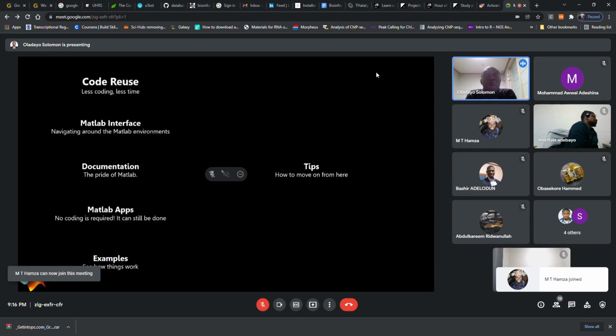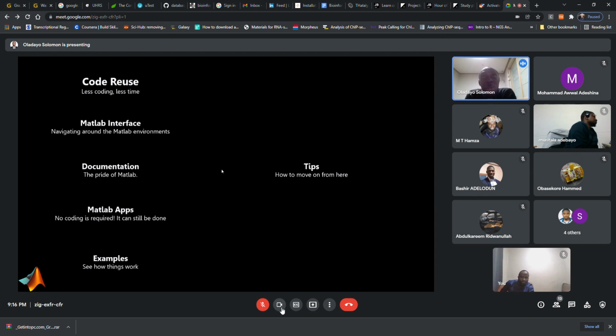Essentially, it is going to be a waste of time when, for example, you have some data and you want to sort them. It is going to be a waste of time for you to now sit down and begin to write from scratch how to sort this data. Meanwhile, there is already a function that is available in MATLAB that you can use,